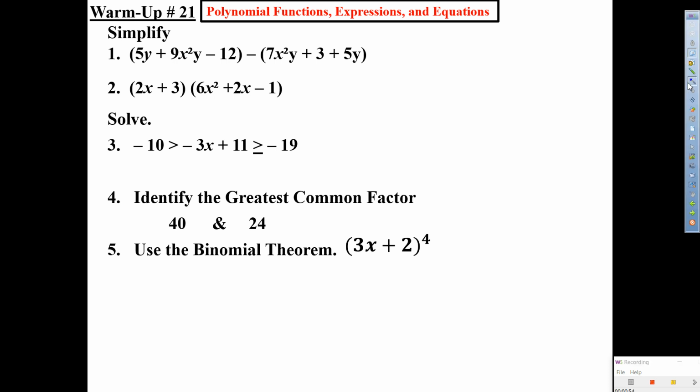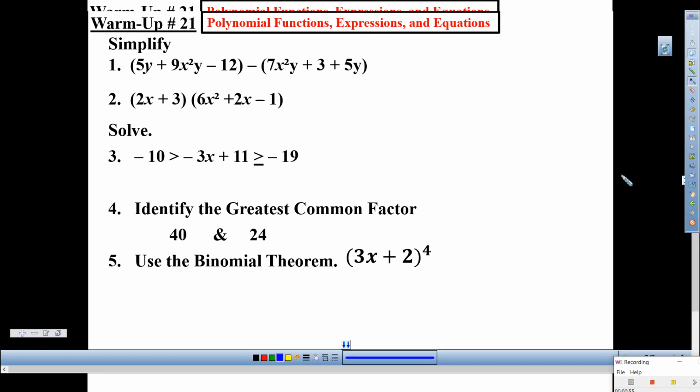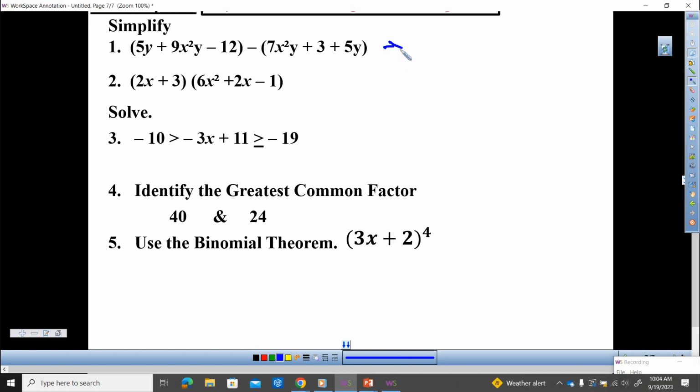Get us started, please, with number 1. Emily, what'd you get for number 1? You said negative? Okay, that would be correct if we were multiplying, but notice this one has a